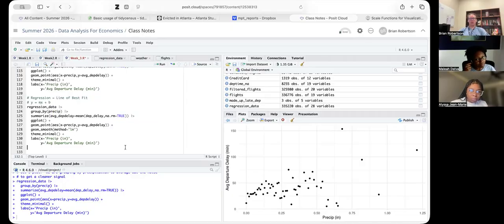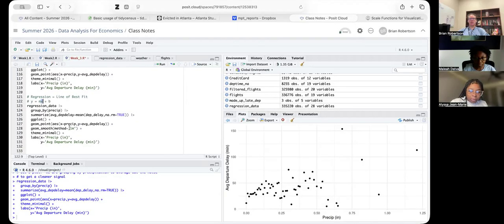lm is R's function for linear model. It literally stands for linear model, or linear regression. So it's going to plot a line of best fit. I've already set y equals average departure delay, and x is precipitation. It will use this linear model to estimate the intercept and the slope for us. If I do that,